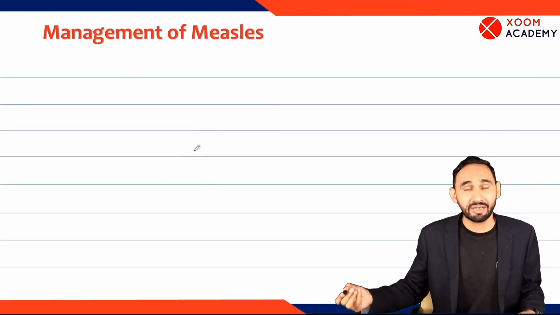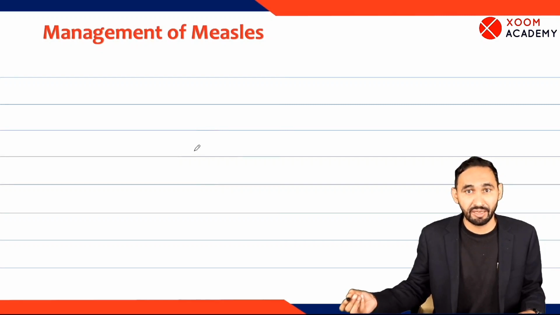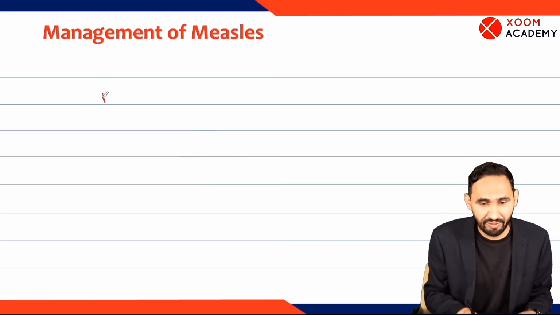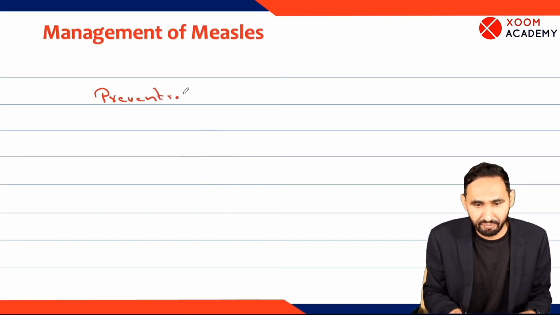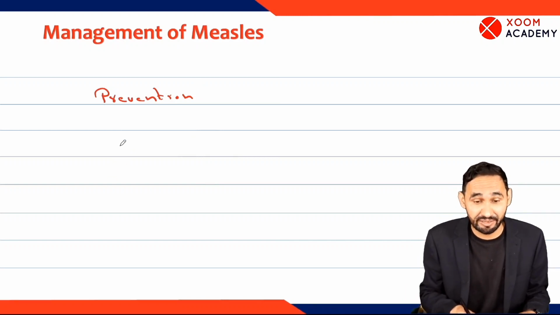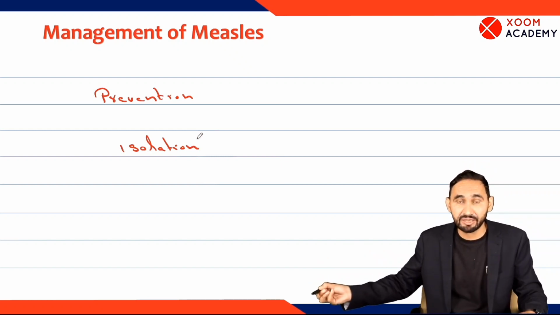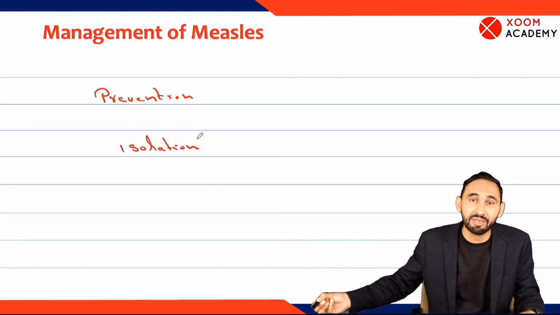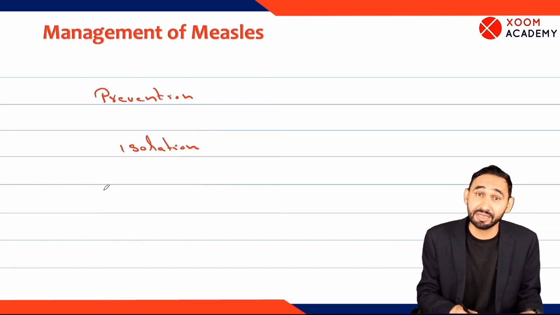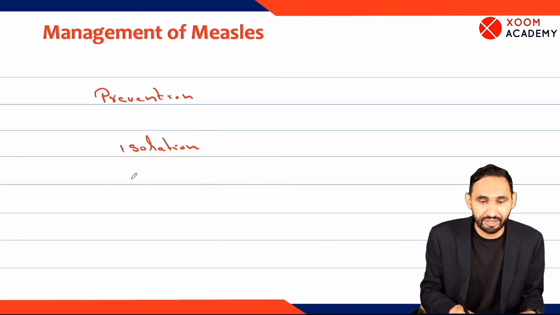How will we manage a case of measles? We have to take certain measures. Which measures? There are some preventive measures. We have to prevent measles. Measles is a viral disease and we can prevent it. What measures can be taken? First, we have to isolate. Isolation is the first step. Why do we isolate? Because we want to limit the spread of measles. So a child with measles is isolated till 2 weeks. Then notification.